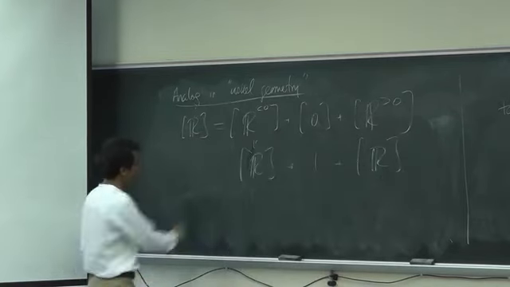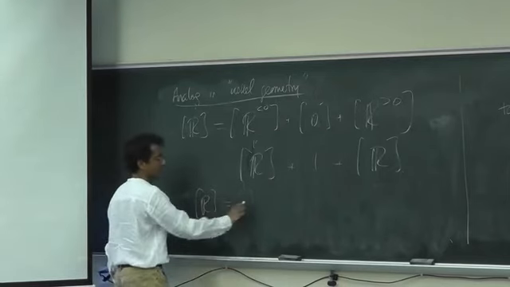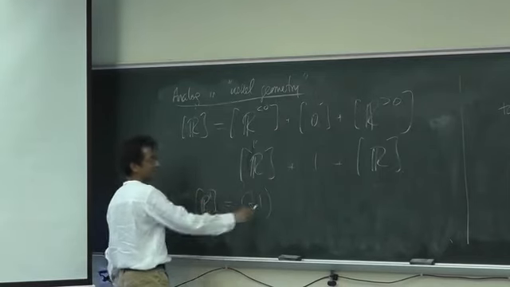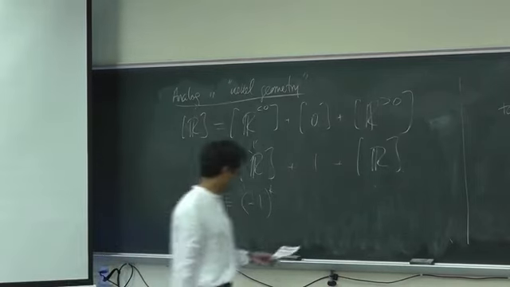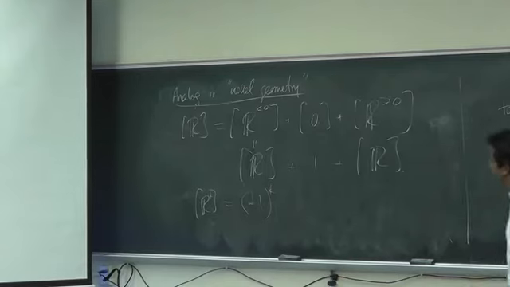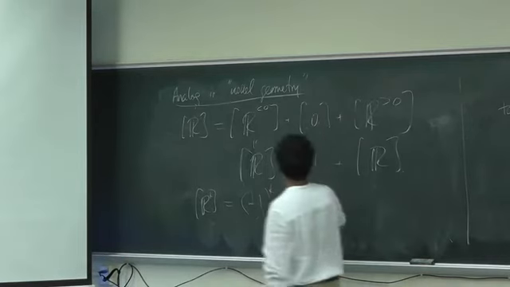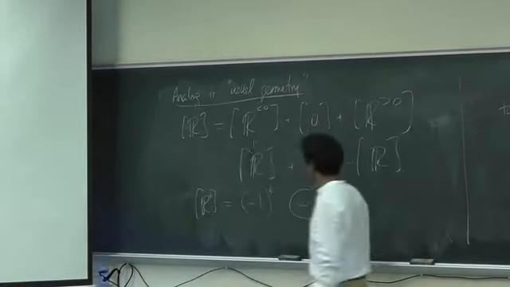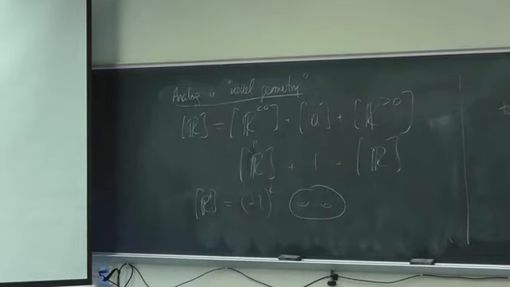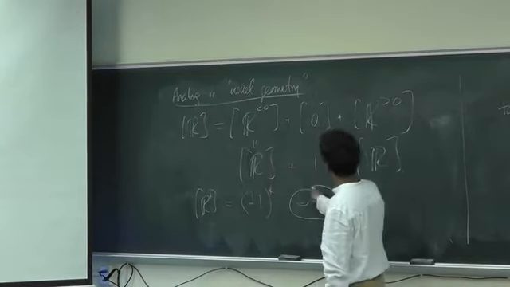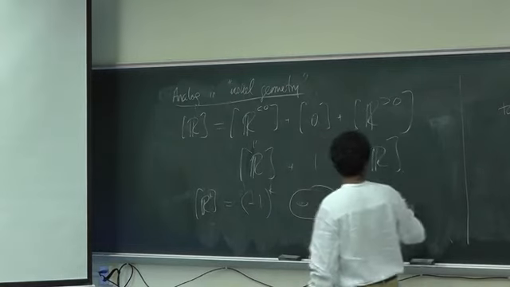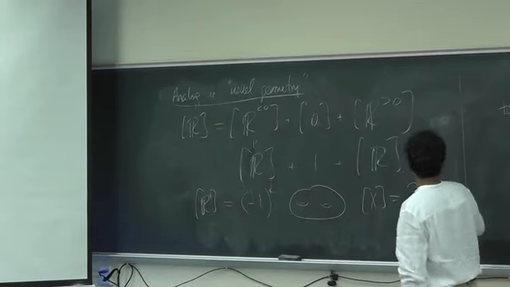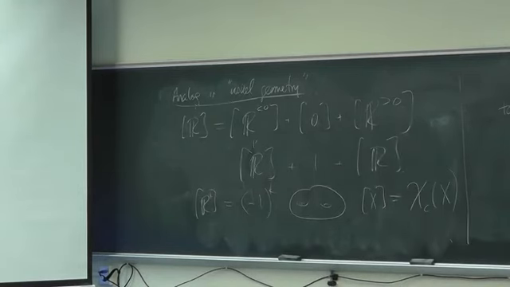So from this equation, the class of R is -1. And more generally, the class of R to the k will be -1 to the k, because this is a ring. And what does this mean? Well, what it means is that we have an arbitrary manifold. We can cut it up into things that are R to the k's and glue them together. And really, this information is the Euler characteristic with compact support.